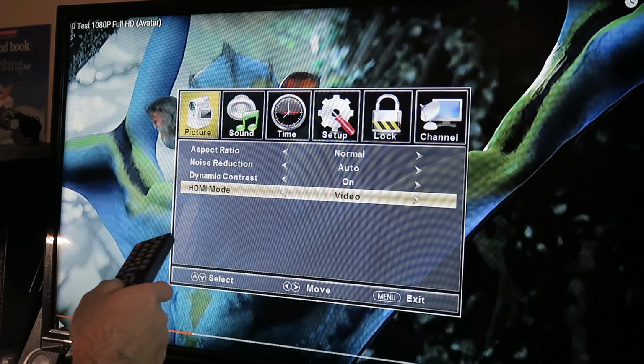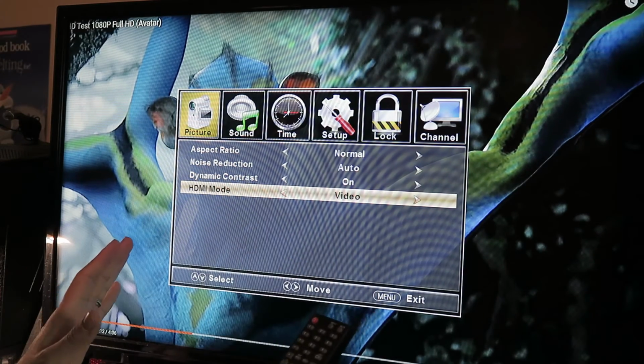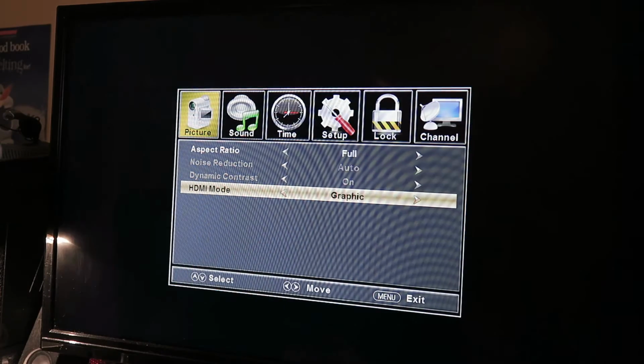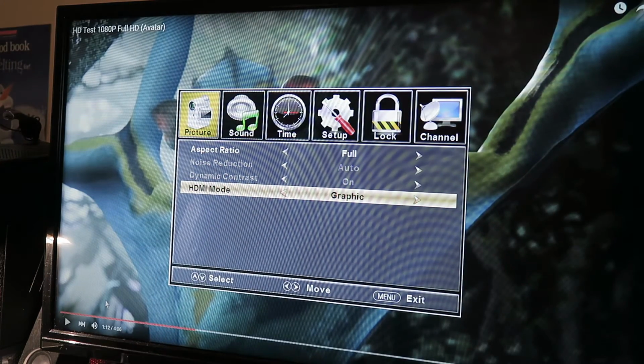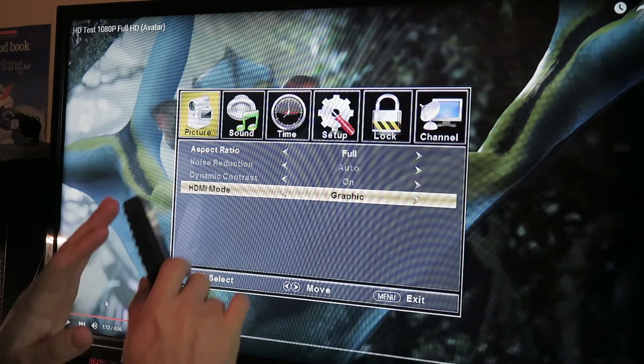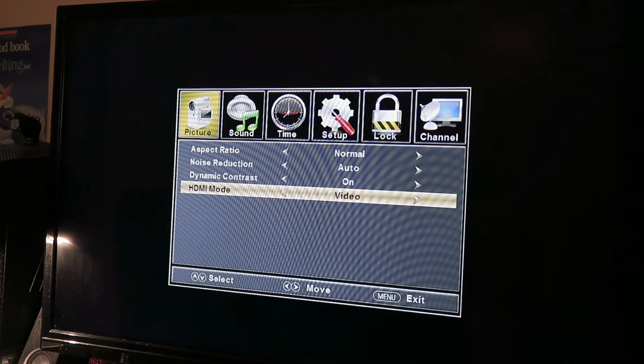Now, this last section here is my HDMI mode. This TV has this. I've never seen it on another one, but I have it set to video. You see that I can set it to graphic, which fits my monitor a little bit better, but it washes everything out and I lose a lot of detail. So when I put it on video,